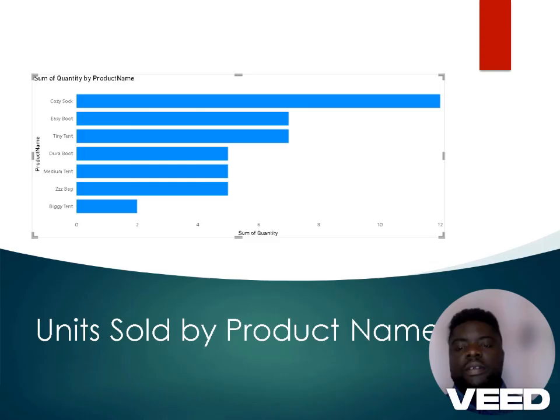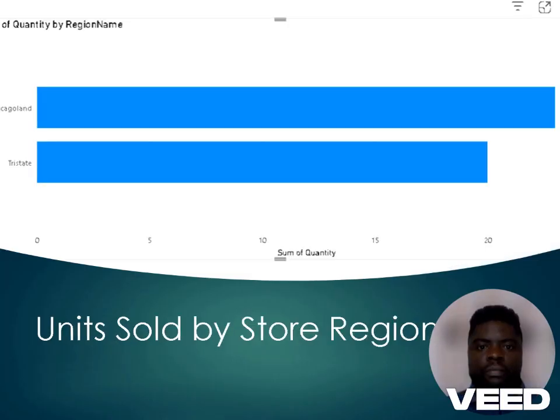This kind of product level insight helps managers identify high value items and pinpoint products that may require marketing or inventory adjustments. Let's move on to the next slide, which is